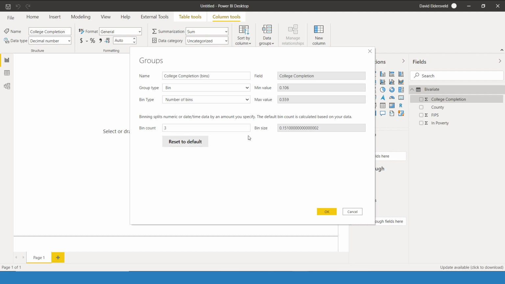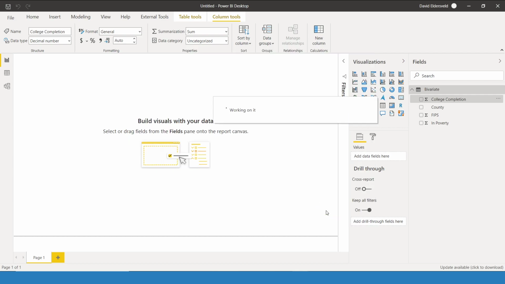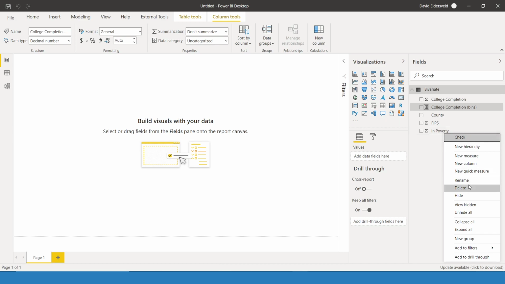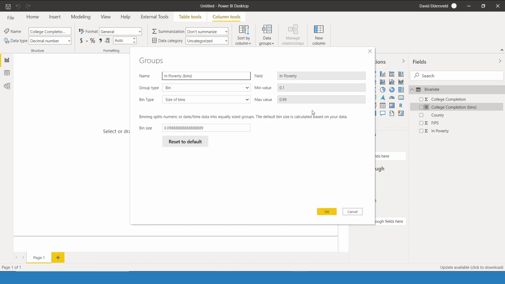I always want 3 bins, and it gives me this bin size by default. And I'm just going to leave it as the default. So if you're new to Power BI and you're just getting exposed to this functionality, I do want to make this part as simple as possible. If you need to get into dynamic binning and things like that, that can be somewhat more of a challenge within Power BI. But there's this nice out-of-the-box grouping functionality that gets me some pretty standard bins, and we'll call it good